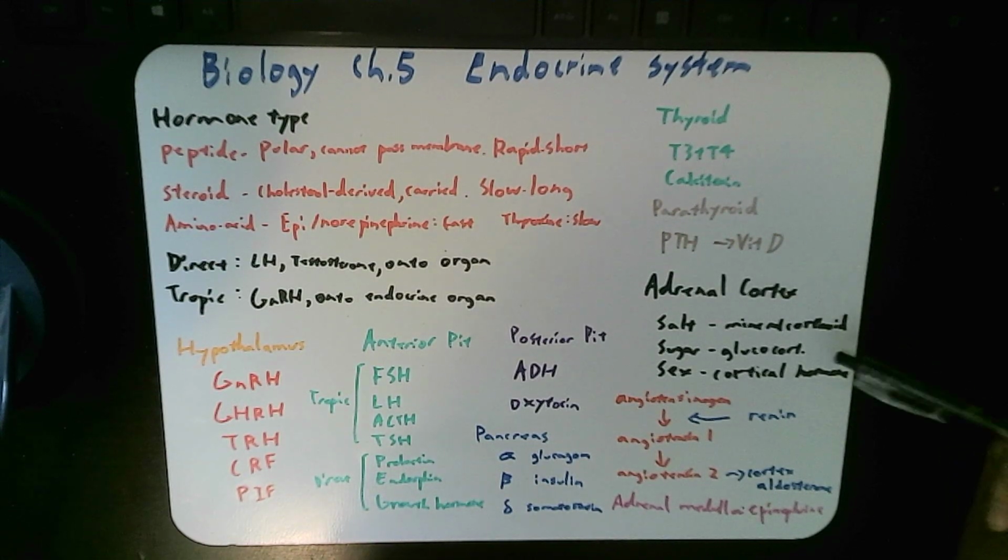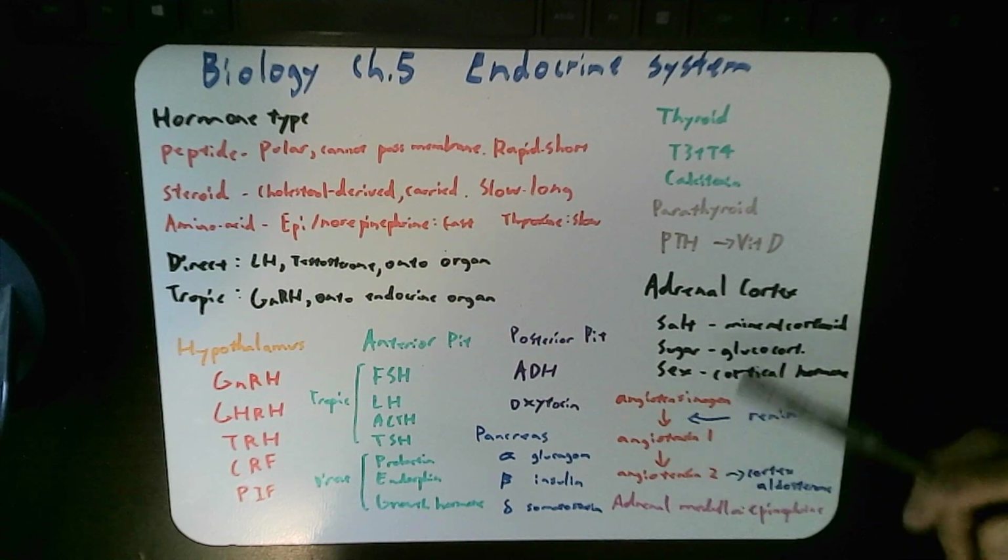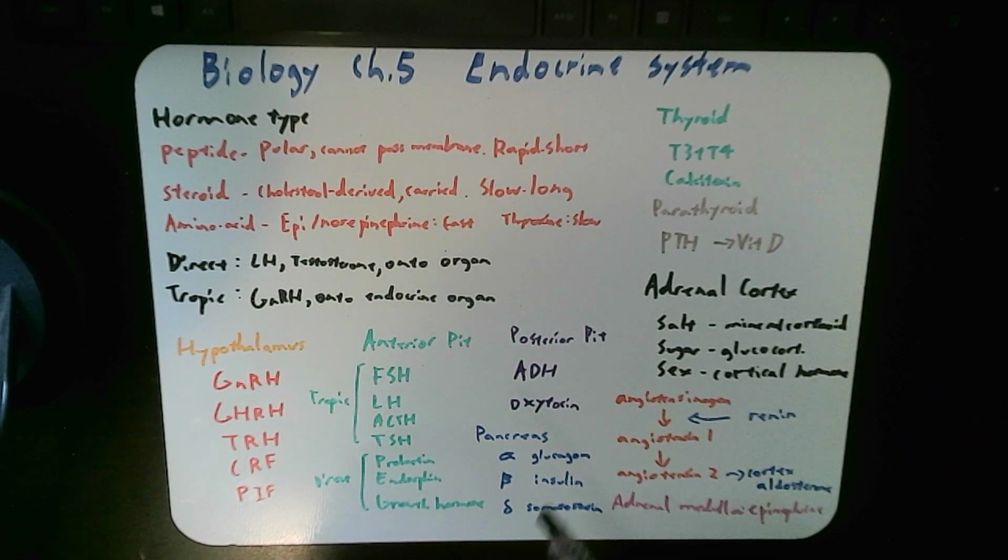Now we also have glucocorticoid, which is helping with modulating sugar levels. So glucocorticoids go ahead and act on pancreas, and it has glucagon, insulin, and somatostatin. Glucagon is activated by alpha islet cells. Insulin is activated by the beta islet cells, and the somatostatin, which inhibits these two, is by the delta islet cells.